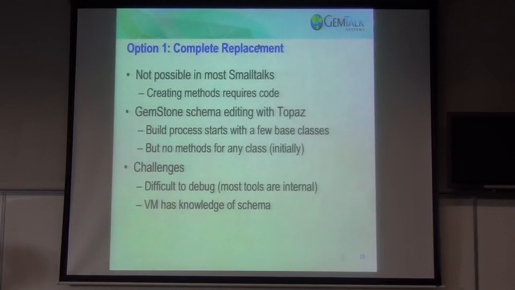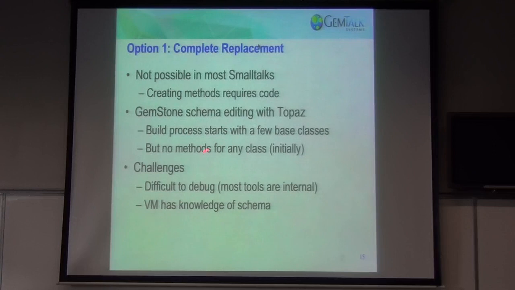Just replace everything, all the base classes, from the ground up. In most Smalltalks, that would not really be a serious option because you have to have something in your image in order to interact with it. So things like creating methods requires execution of code. GemStone actually has the capability of schema editing through a C API. And so you can actually install methods without executing Smalltalk code. So this would be an option,